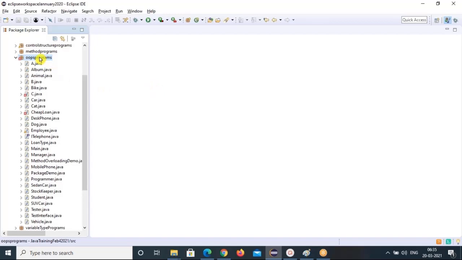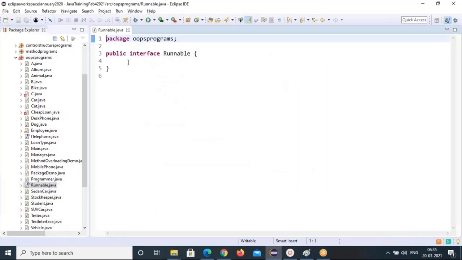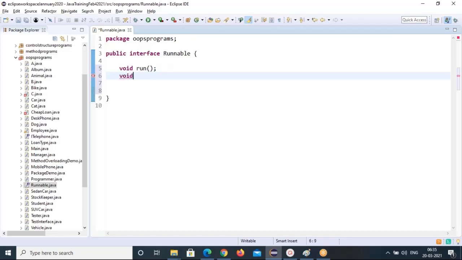Create a new interface. I'll create a runnable interface, and declare one method, that is void run method. And one more common method I'll create in each interface, so that's where we got the problem, right? I'm just creating a common method in all the interfaces.